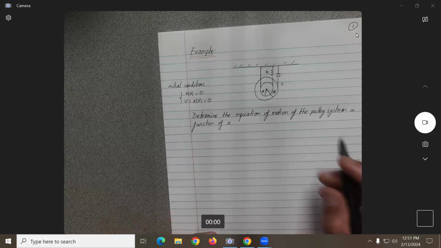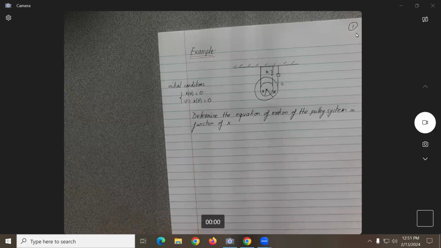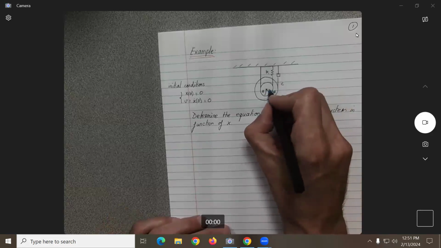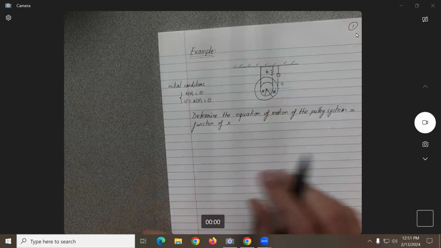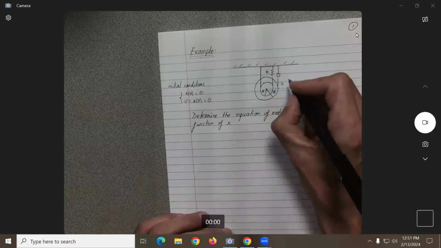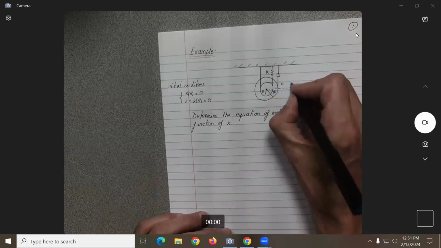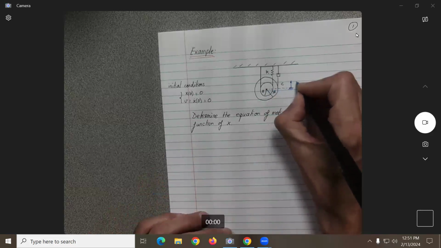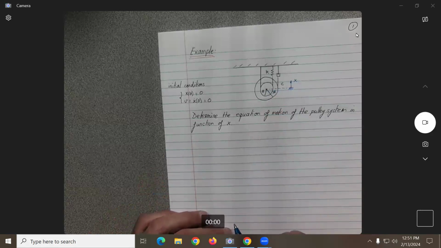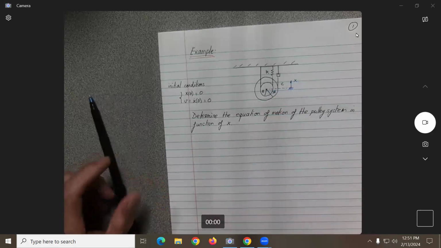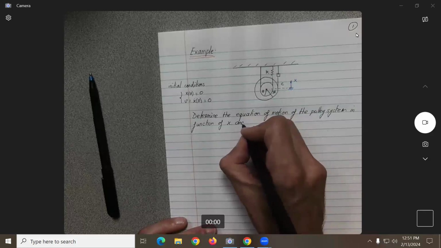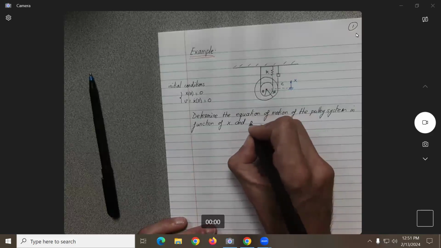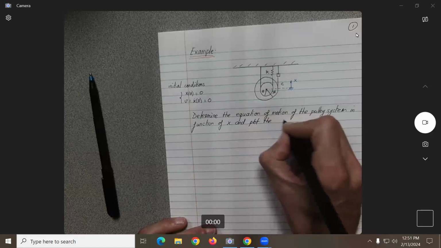So you want to define x as what? Do you want to make it going up or down? It should not matter. Up, okay, so let's do it up. Let's say this will be x. So, determine the equation of motion of the pulley system in function of x and plot the solution